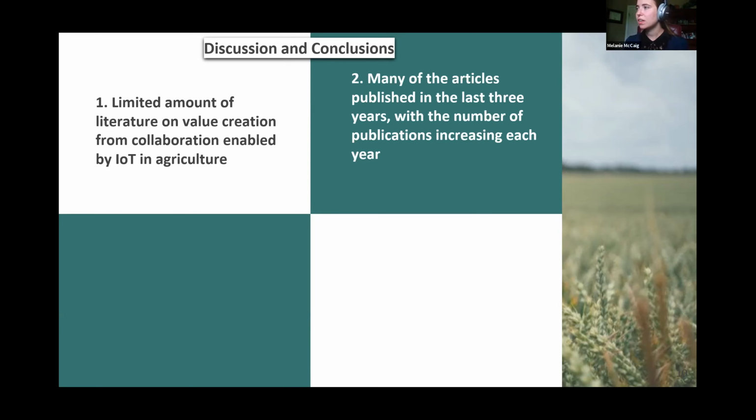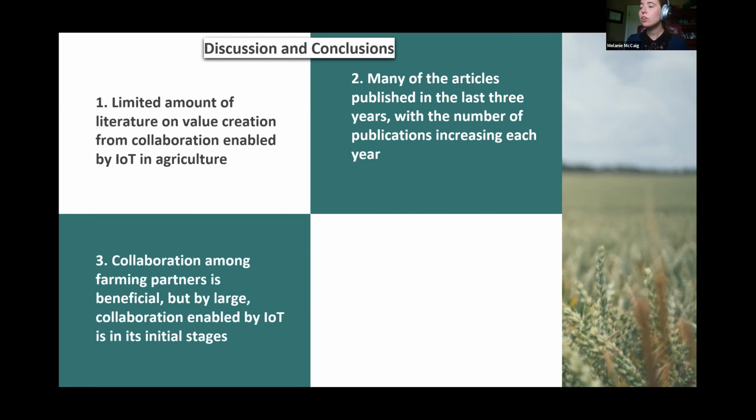The identified qualitative and quantitative works should be used as a reference point to expand the domain. Additionally, areas have been studied in 21 different countries. The articles frequently mention the government's inclusion as a partner, which seemed, again, the topic of global importance for many governments. Third, the literature recognizes that collaboration among farming partners is beneficial, but at large, collaboration enabled by IoT is